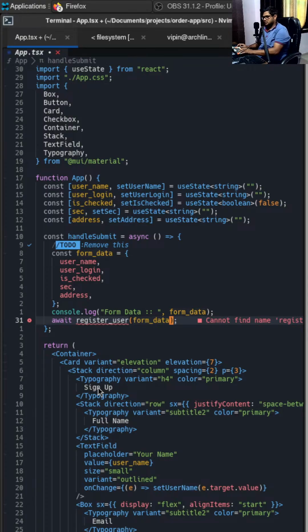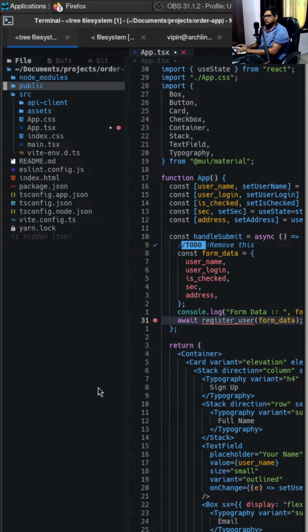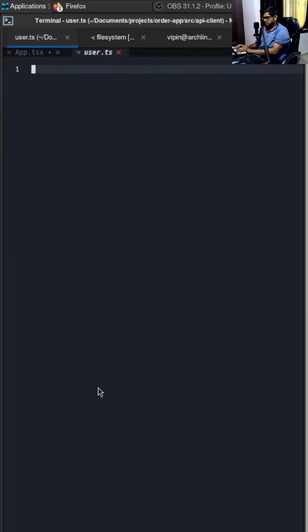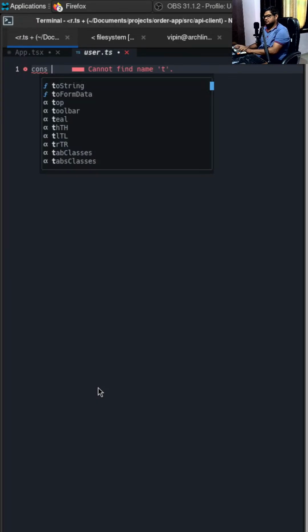We can do that now. Or maybe if I go here on the API client and user.ts, maybe I could just say